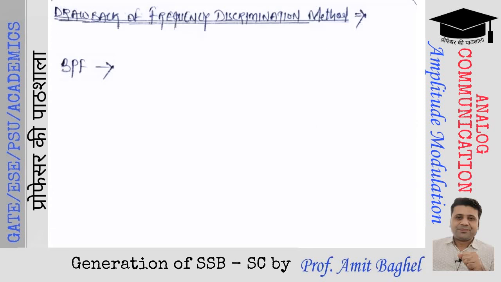So it should pass all the frequency ranges from Fc to Fc plus W and block the rest of the frequencies. That means it should multiply with 1 in the frequency domain in the range of Fc to Fc plus W, and the rest of the frequency components should be multiplied with 0. Right? This is the ideal nature of a band pass filter.